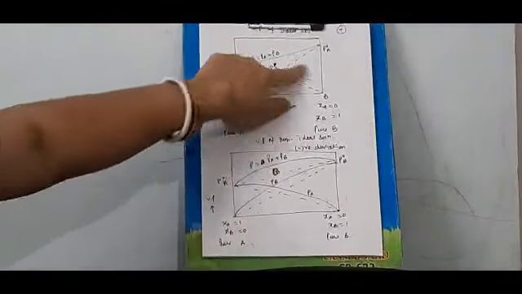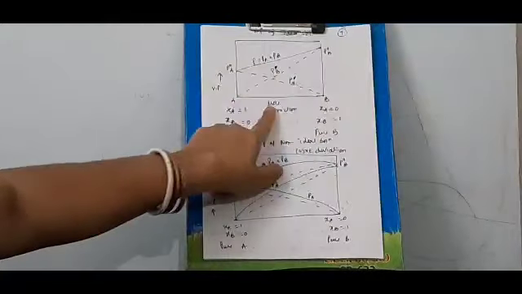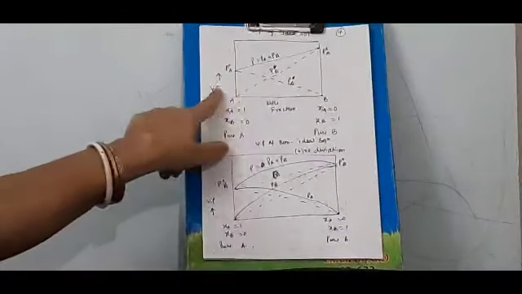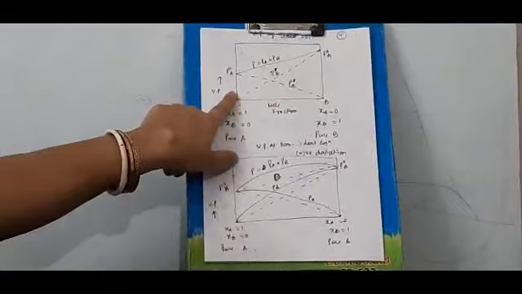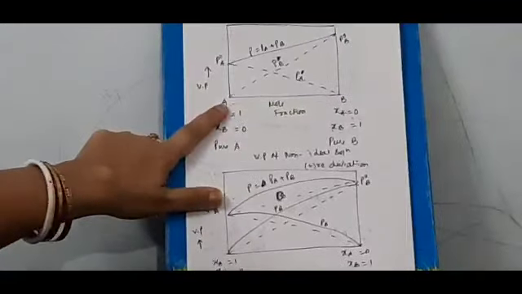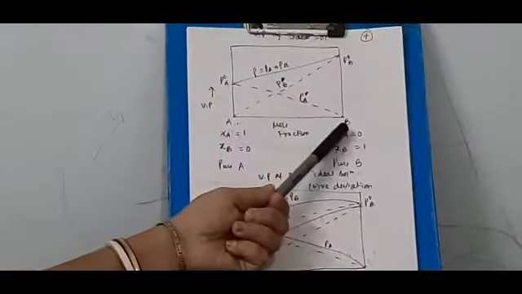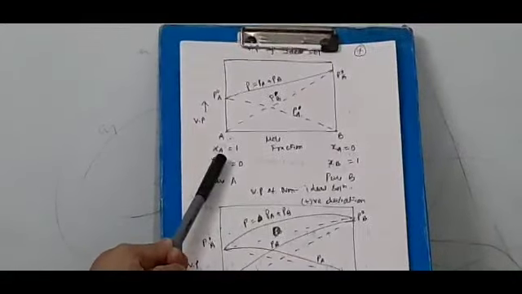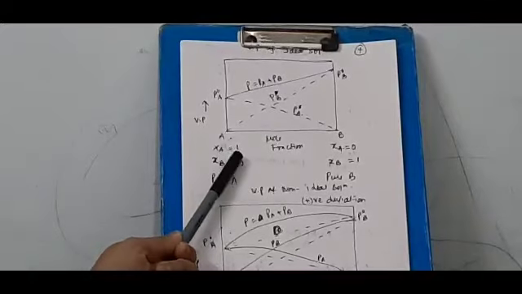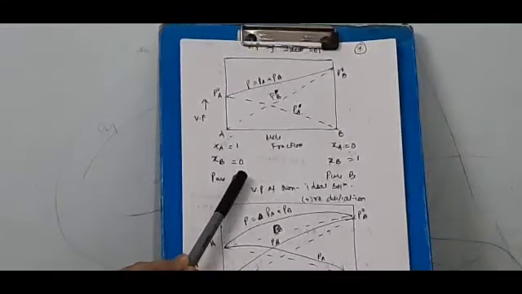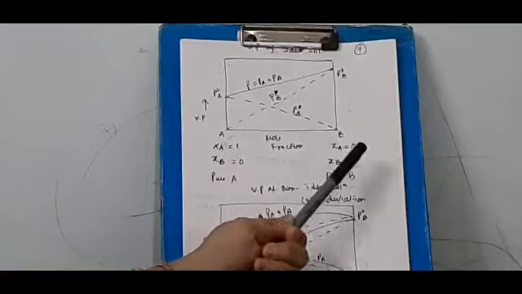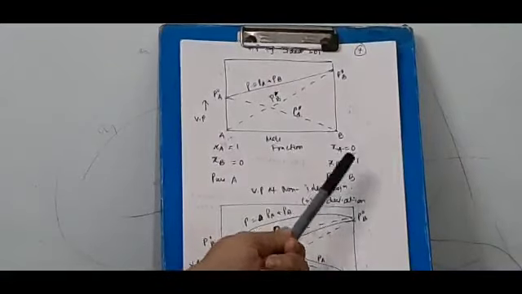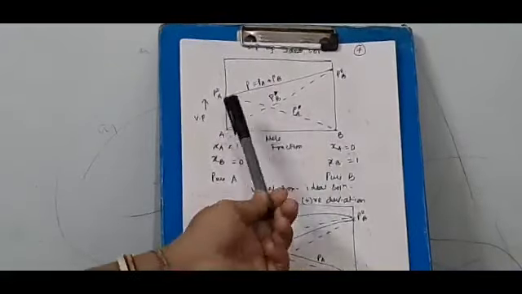Now let us represent the vapor pressure in a graphical way. Here I have plotted the graph. I have taken mole fraction as the x-axis and vapor pressure as the y-axis. Here you can see component A and component B. In case of component A, the mole fraction is fully XA, so XA is equal to 1 whereas XB will be 0. In case of B, XA is equal to 0 and XB is equal to 1.